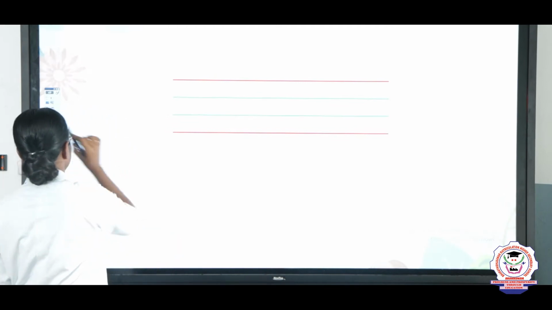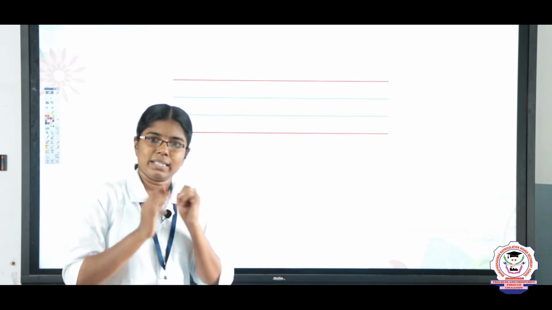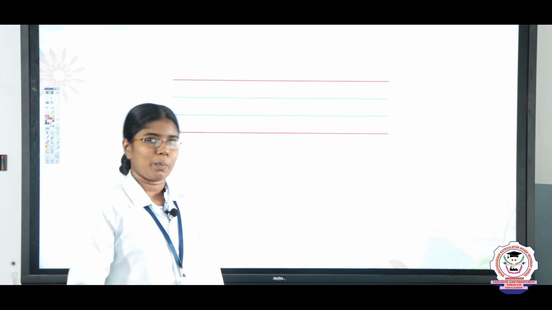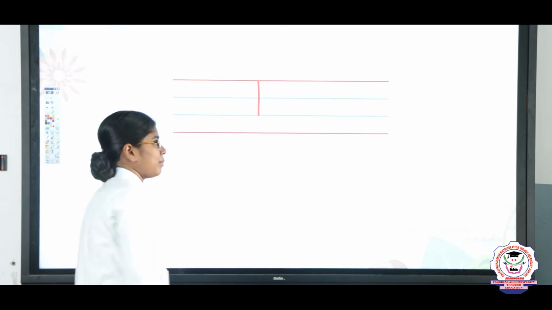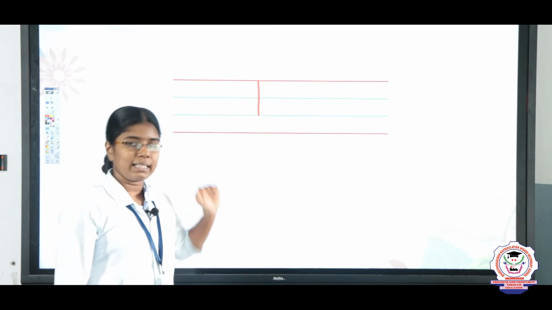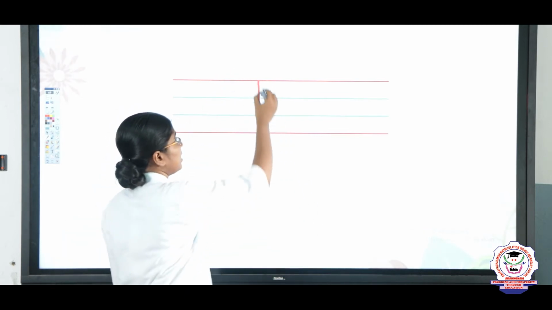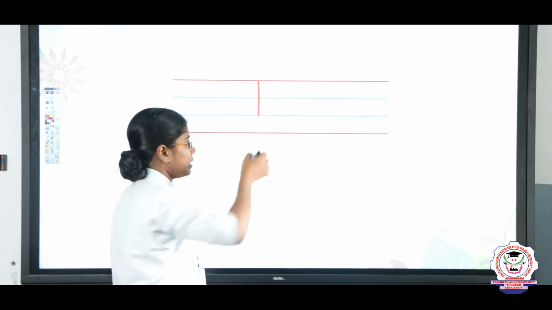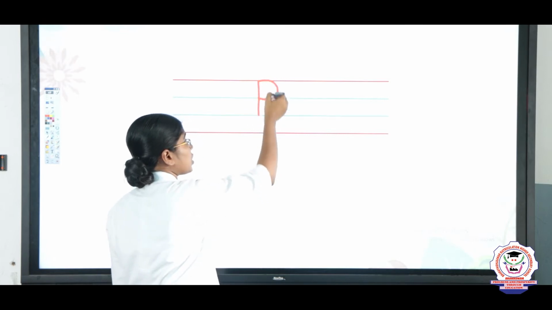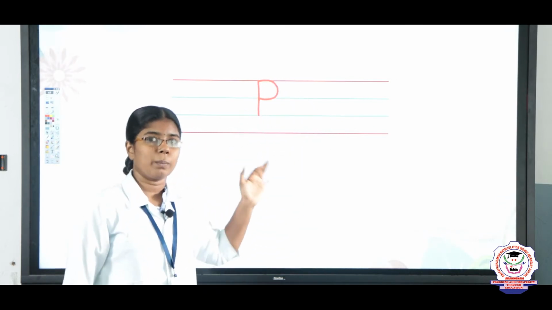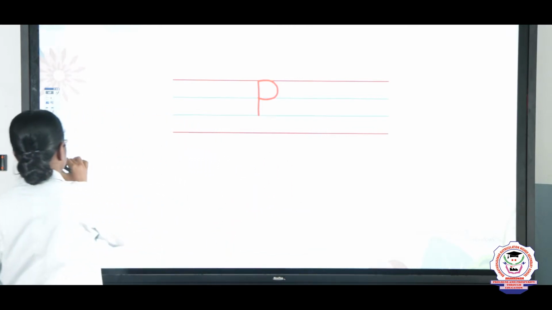Okay children? Yes, see here. Let's write the letter P here, okay? For that, we want 2 strokes only, okay? One is standing line, another one is left open curve, okay? See here children, keep your pencil on the top red line. From there you have to draw a standing line till the third line. Okay? See here, again keep your pencil on the top of the standing line. Okay, from here join the top two lines and then make a left open curve. Okay, this is the letter P. What letter children? P. Very good.